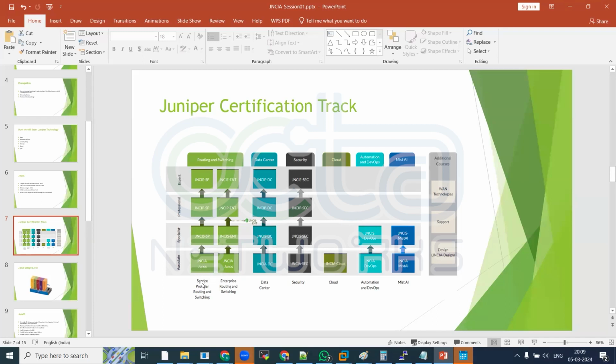Right. So see, this JNCIA Junos is common amongst routing, switching, and service provider. So either you can go for JNCIS SP or you can go for JNCIS enterprise. This is common for this, but you cannot go for JNCIS data center directly using this JNCIA Junos. But once you complete this JNCIS enterprise, then you can go for JNCIP data center and JNCIP enterprise. Means you are eligible for this. Got it? Yes, sir. Thank you. Good, relevant question. Thanks.